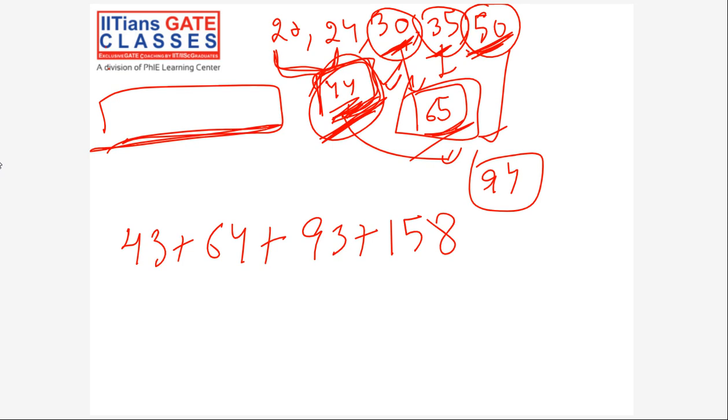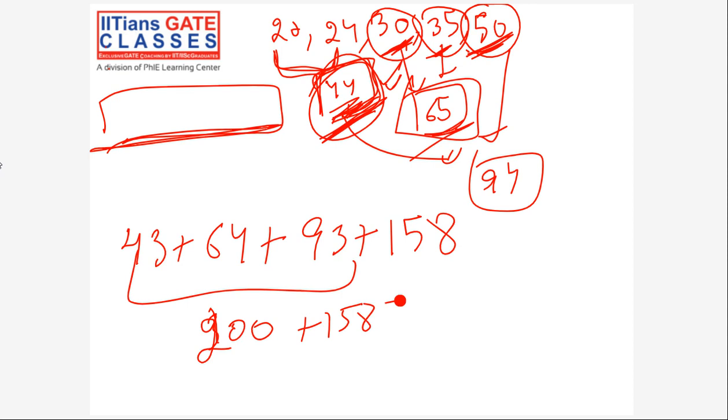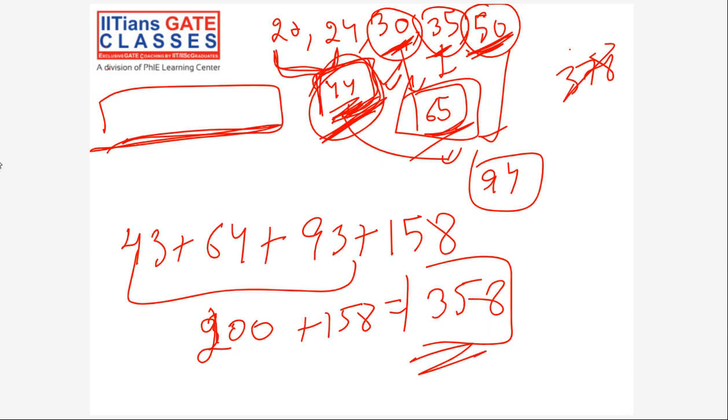All right. Now let's add. So this will be 107 and 93. Yeah, 358 is the right answer. This will be 200 plus 158, which will give you 358. I remembered, I don't know how, 378 as the answer, but that's not right. Okay, 358 is the answer.